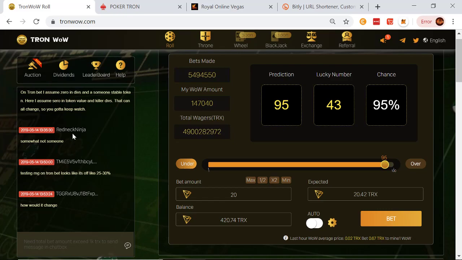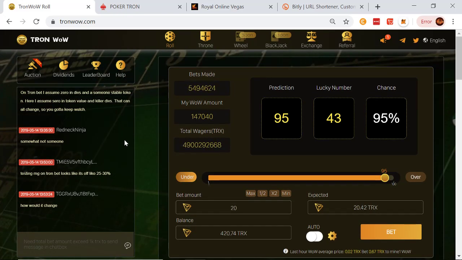I see a lot of chat over here on Tron WoW, like, what do you think it's going to do? People are asking that. Do you think it's going to continue to go down in price or whatever? It doesn't really matter. There's one main function that matters, whether you can stay in profit or not. And I'm going to talk about that here in a moment. But this is true for a lot of apps, but it's definitely true for Tron WoW.